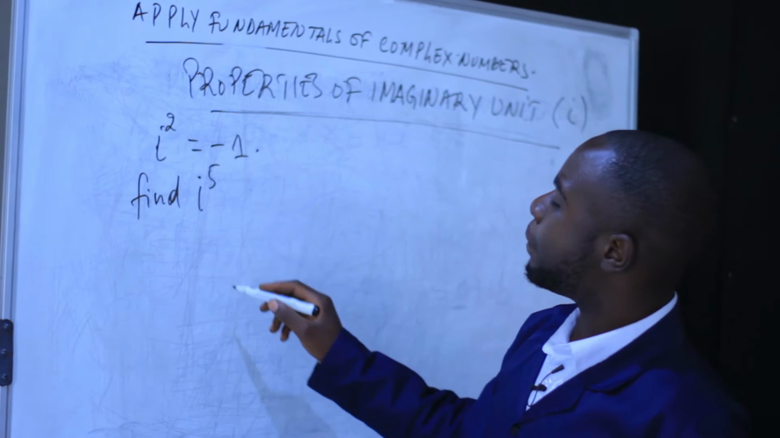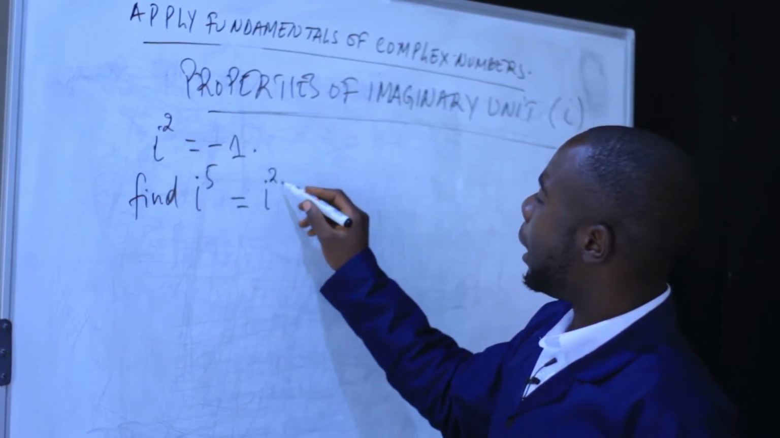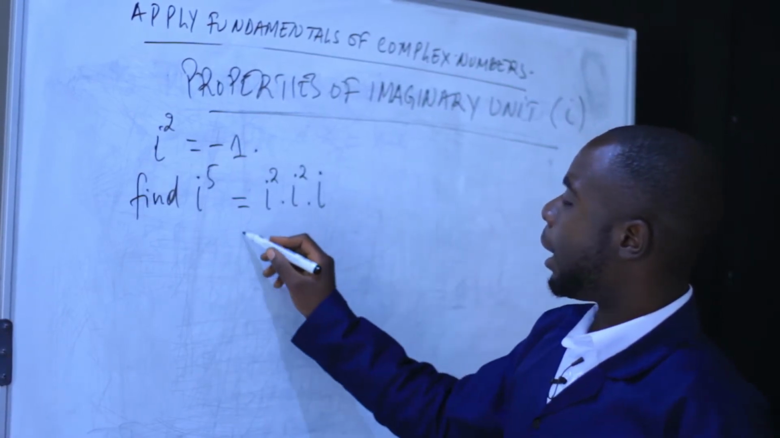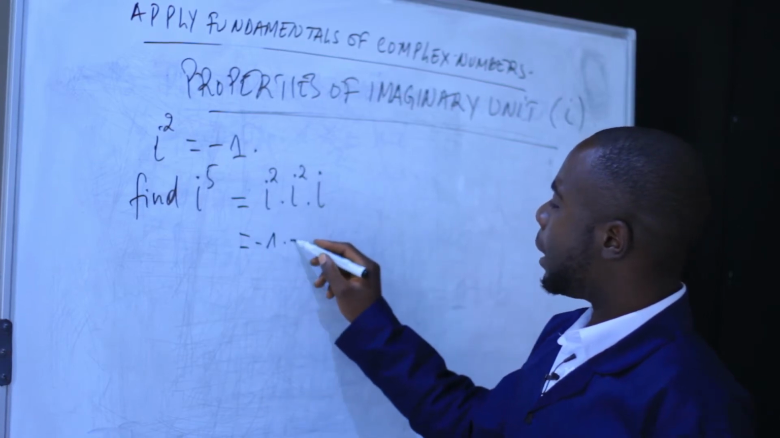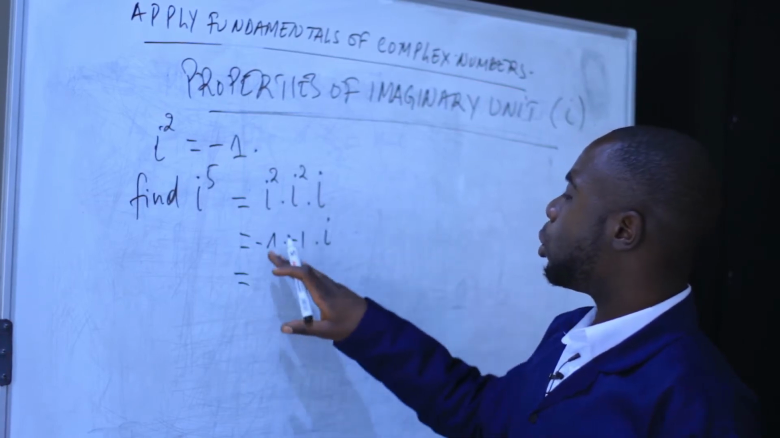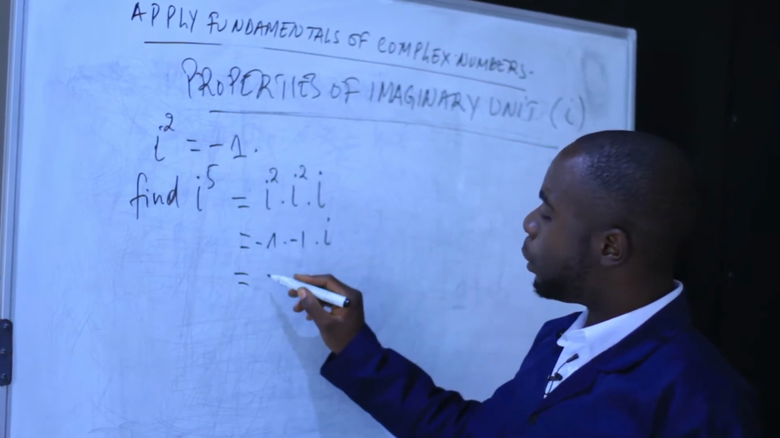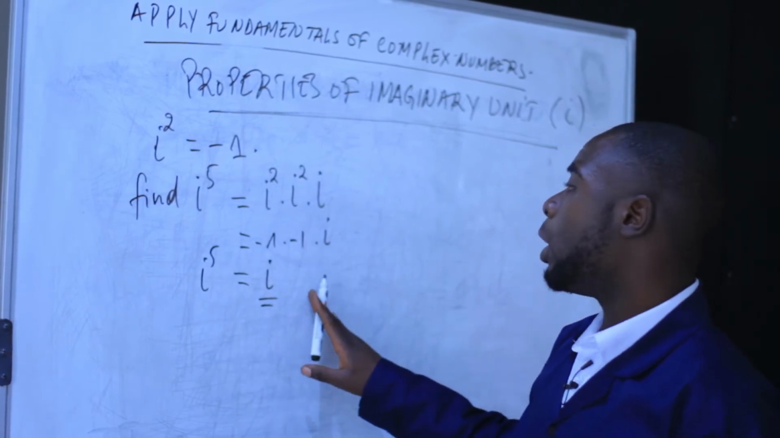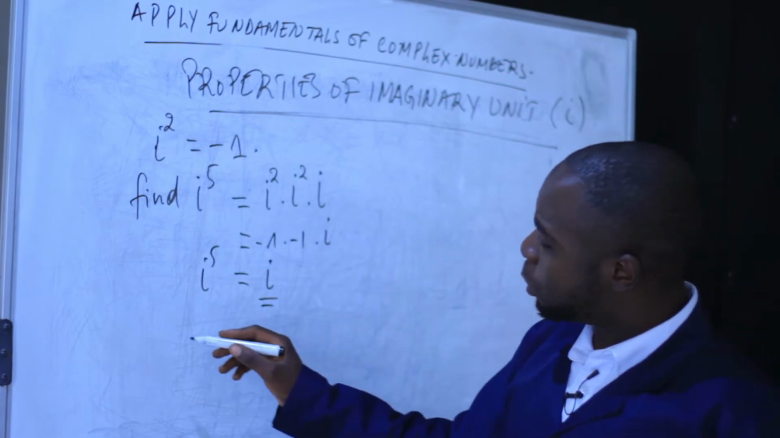i power 5. i power 5 will be equal to i square times i square times i. Here we know that i square is negative 1, so negative 1 times negative 1 times i. Negative 1 times negative 1 is equal to 1, times i, will be equal to i. So i power 5 is equal to i. You can be asked also to find